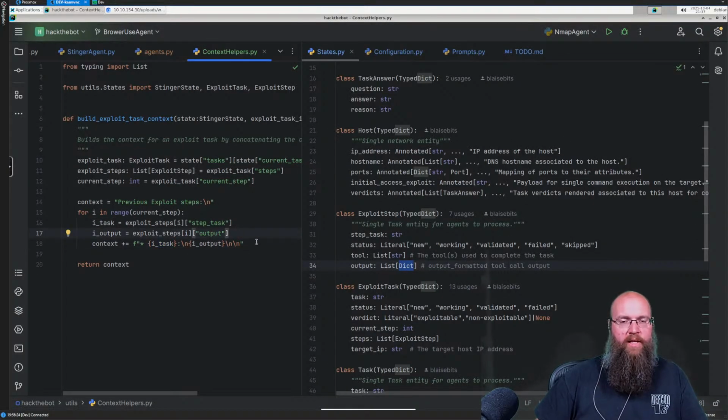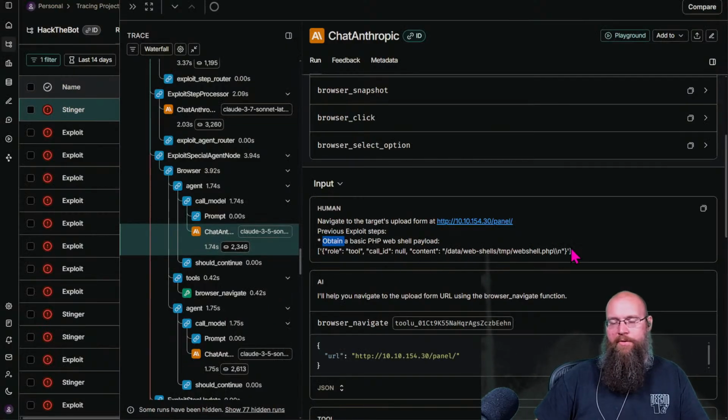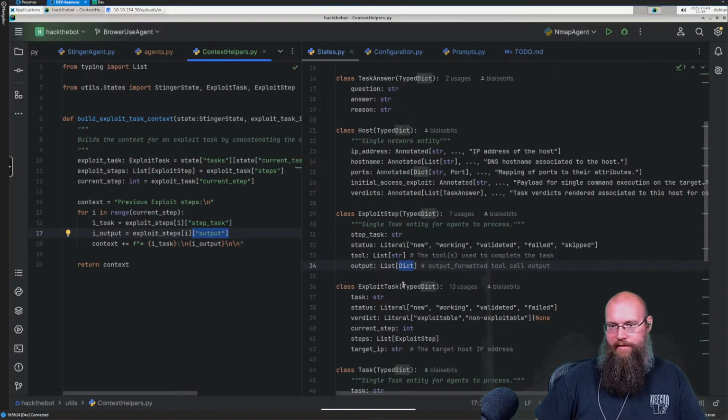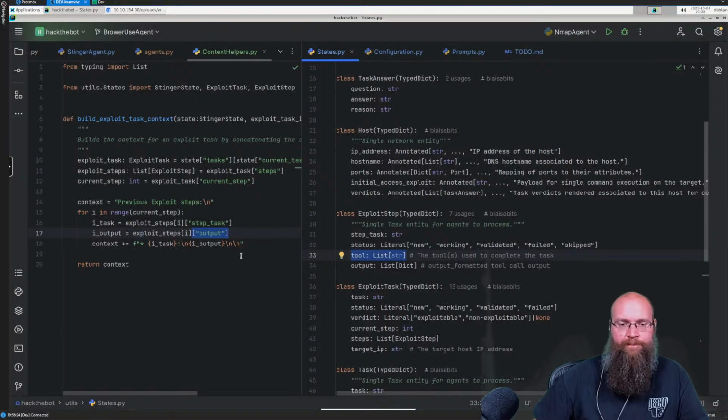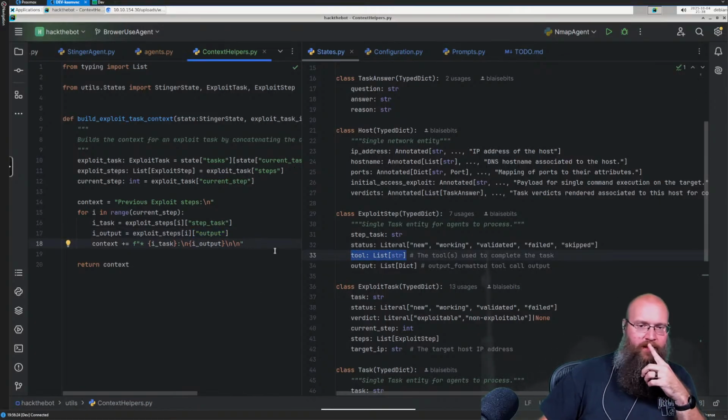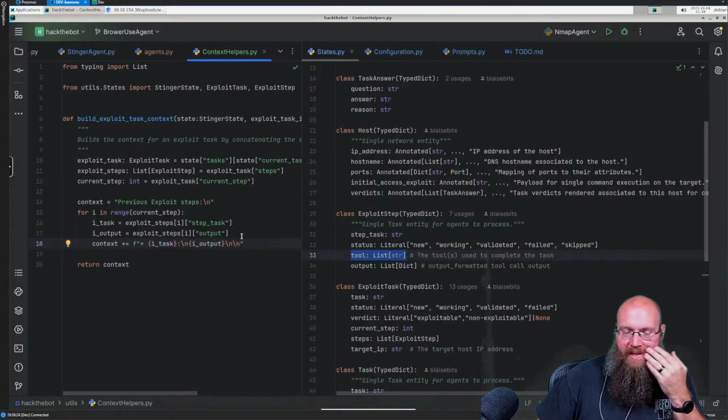Now, the reason why I did it this way is because we were taking the entire thing, because this could be multiple outputs, right? It's a list. If we look over here, the output is a list. The number of tools could be a list in here. So I think instead what we want to do is just get the output from that. So what we need to do is